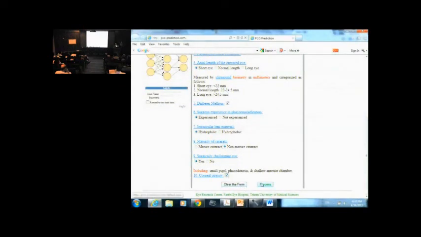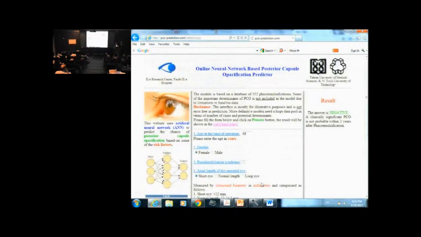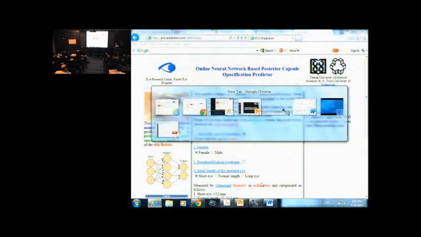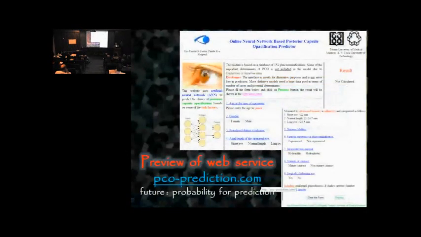Let's see if the patient would have a visually significant capsule opacification. It results in negative. It reports negative. Anyway, it's the way artificial intelligence works. And you can, of course, test your real or hypothetical cases in that area. We are working on this network, and we would like to provide a probability next to the result,